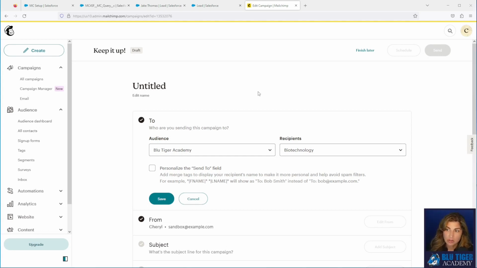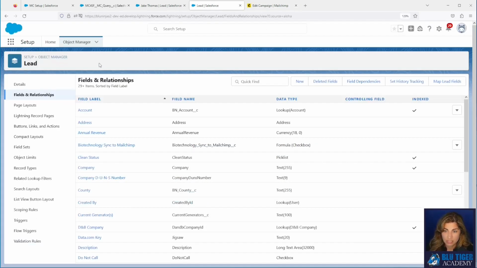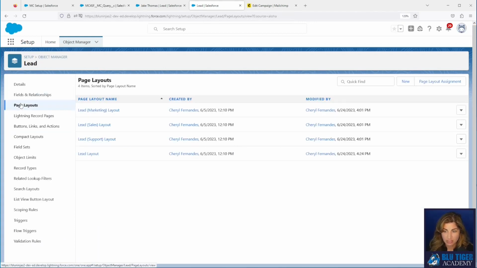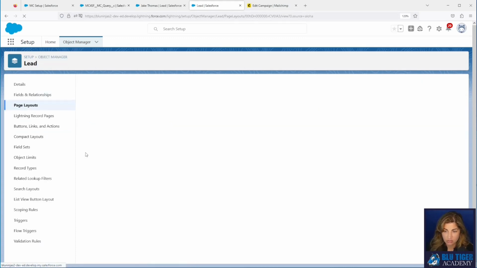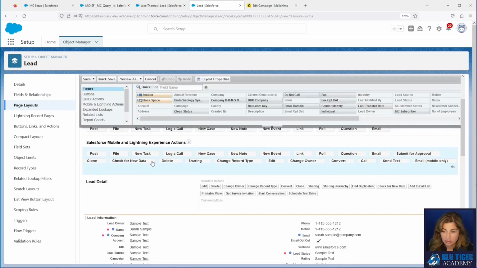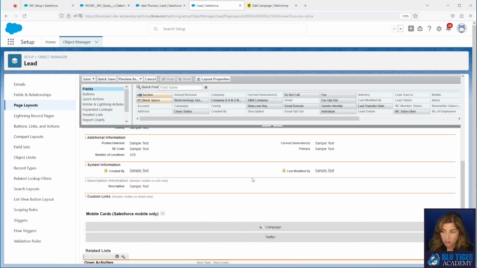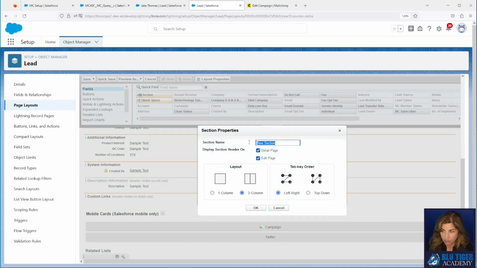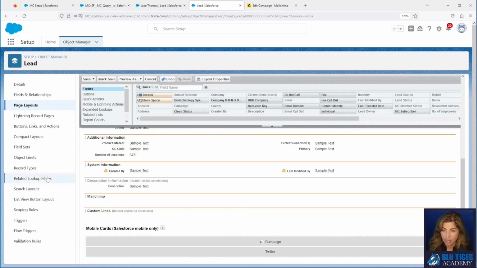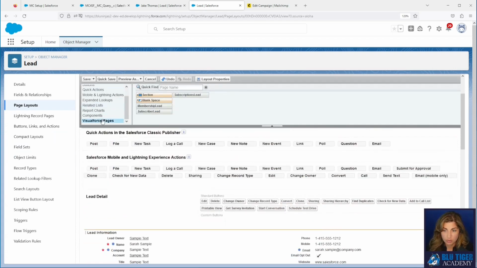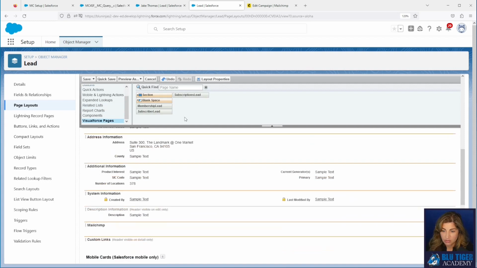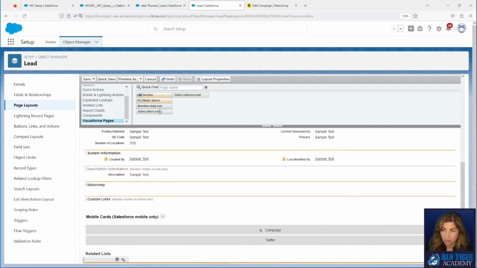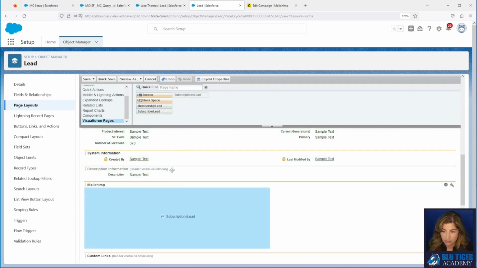Okay, now let's do some configuration on our leads and on our contacts. So we need to add the MailChimp sections to our lead and contact layouts. So I'm going to go to the lead layout, and I'm going to create a section that's called MailChimp. And then I'm going to go to Visualforce Pages, and these are the 3 sections that you'll want to add to your page.